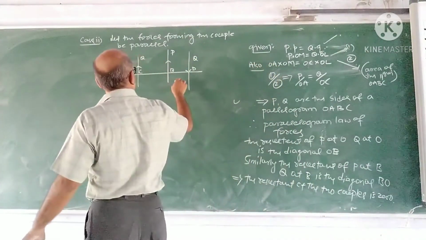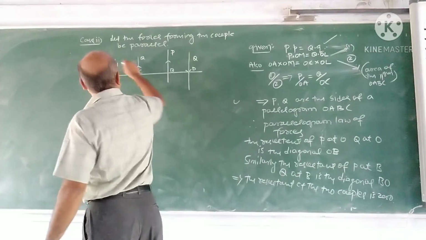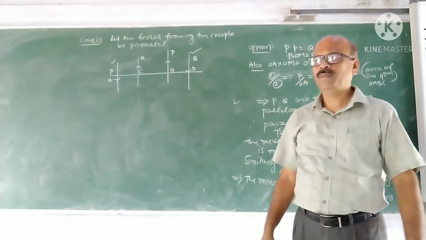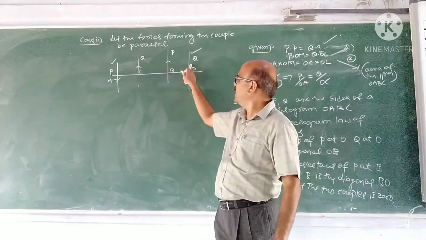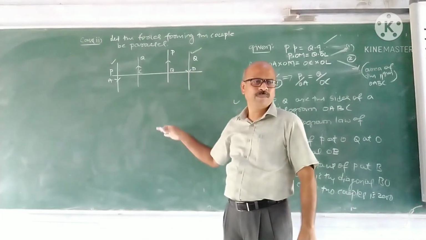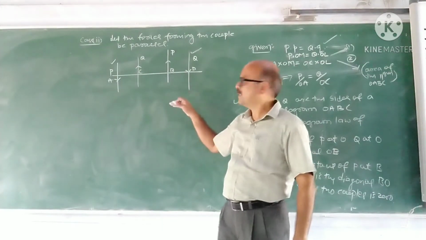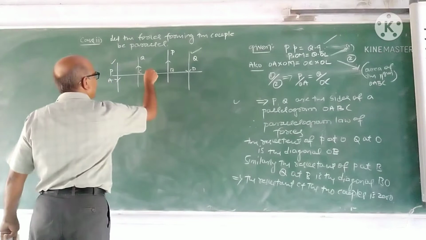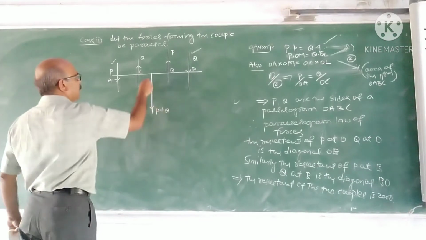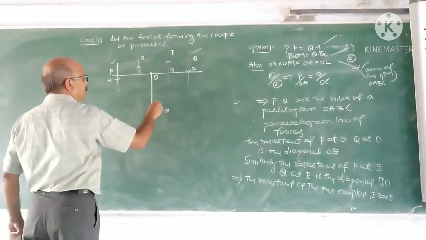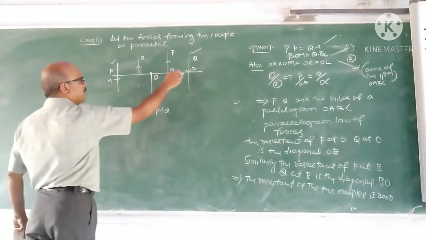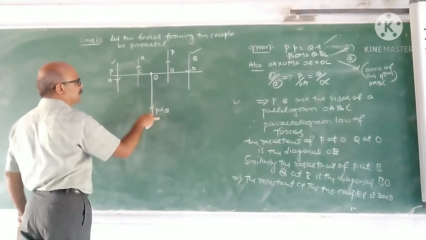Now, consider the forces, these two, P at A, Q at D. What type of forces are they? P at A, Q at D are like parallel forces. What do you mean by like parallel forces? Directions are same. What is their resultant? Their resultant is P plus Q. It acts somewhere here in the direction of the two forces, and acts through, suppose, O in this direction. The resultant of P at A, Q at D is P plus Q. It acts in this direction.